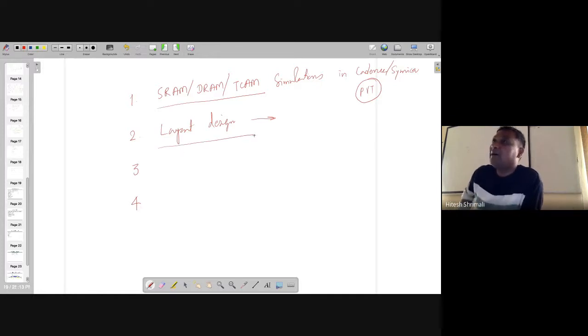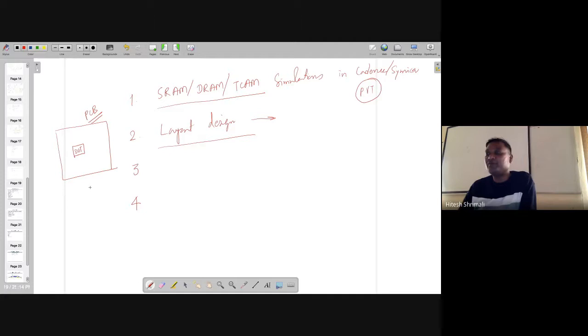And the most important part here is how to test the circuit when the circuit is available to you. Let's say the chip is available to you, which we are going to call DUT, design under test. So when it's available in the laboratory, how are you going to test it, right? When you are going to test it, you are going to make the printed circuit board, or PCB, and then you are going to connect to other things, see how it's working, and you have to check for each and every possible thing. You have to look at different ICs also, not only one IC, but you have to check other ICs also. So PCB is very important.